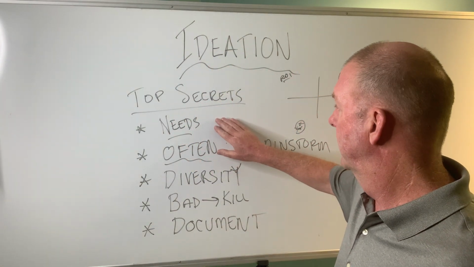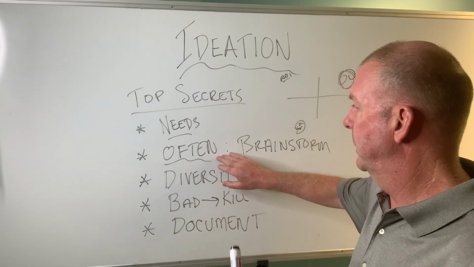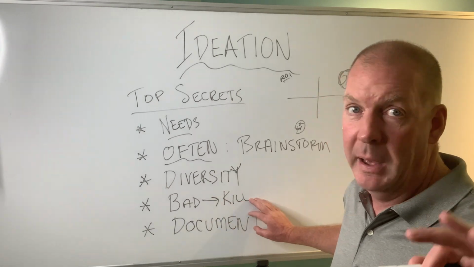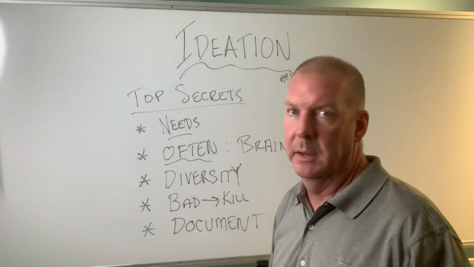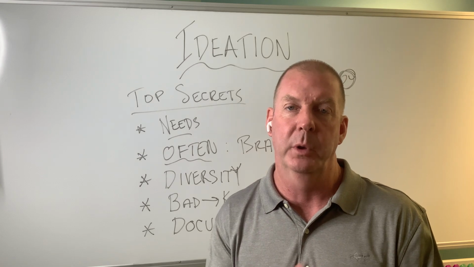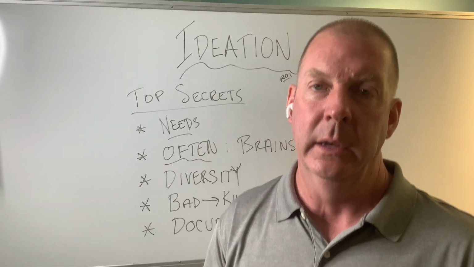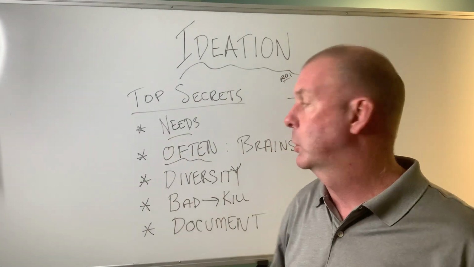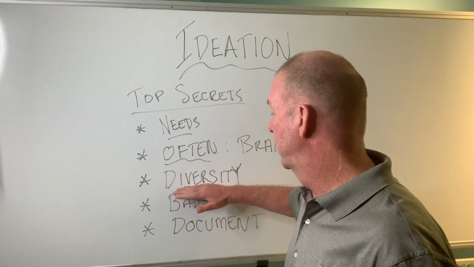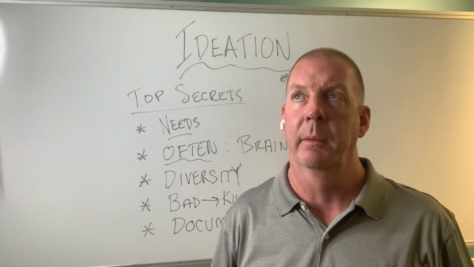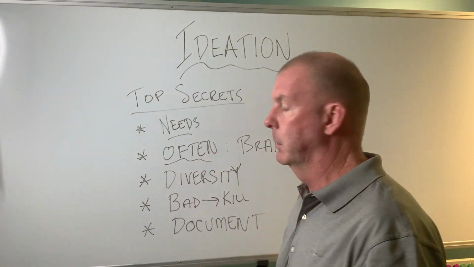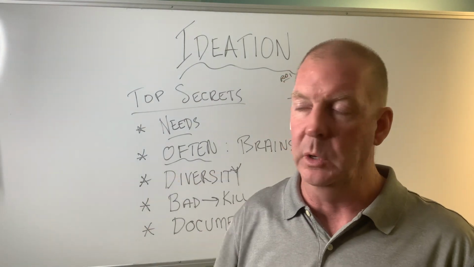So we have starting with needs. We have brainstorming often. We have involving diversity here, killing bad ideas quickly, and documenting the remaining good ideas that don't get used. One of those, I'll bet, will jump out at you to action and try to include in your ideation. You could have just a brainstorming session, and you could pick one of these that you want to work on with your group and say, hey, we're having a diversity issue, and so I'm creating this next brainstorming idea, but my main goal is to involve and invite a more diverse group. And you can check that off, and you can get your team used to that.